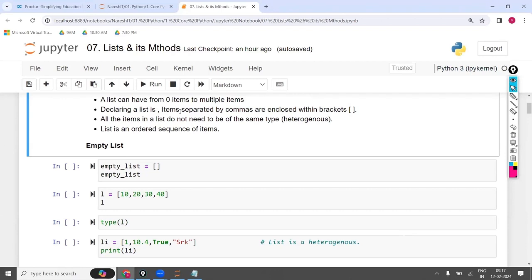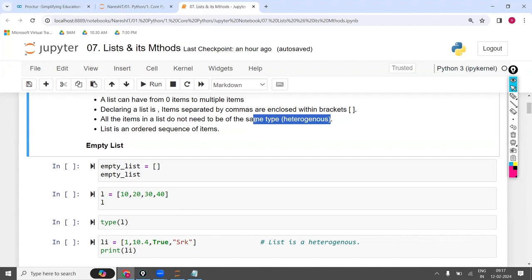Declaring a list, items are separated by commas within square brackets. All the items in a list need not be of the same data type. One value can be int, one can be tuple, float, boolean, string, anything. No restriction, the data can be any type.